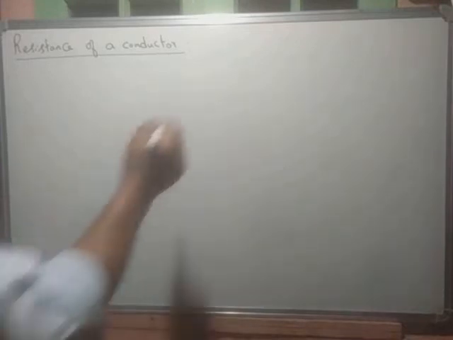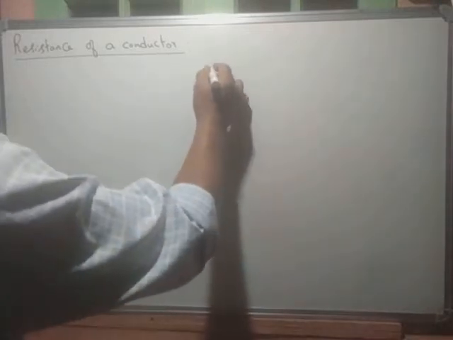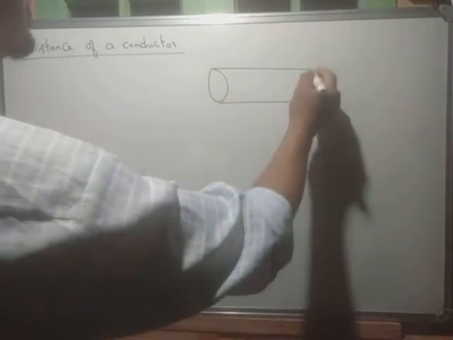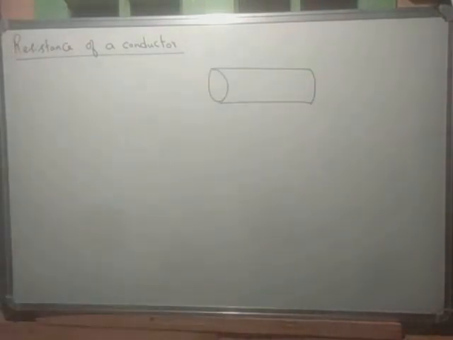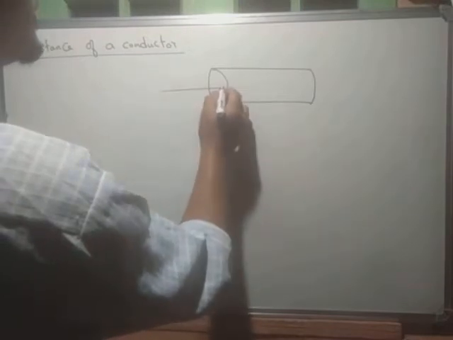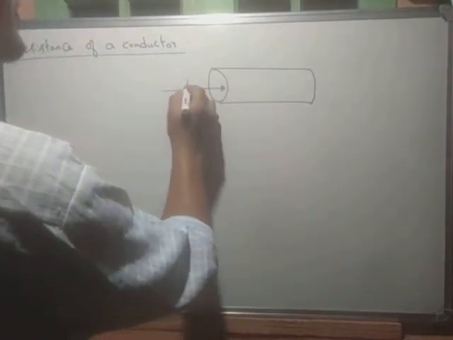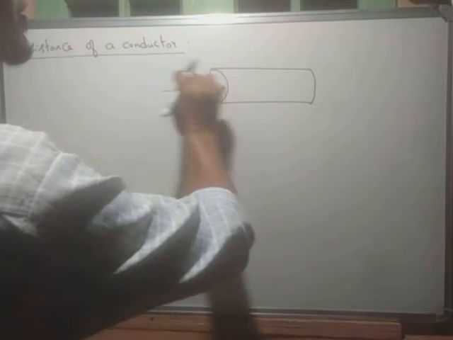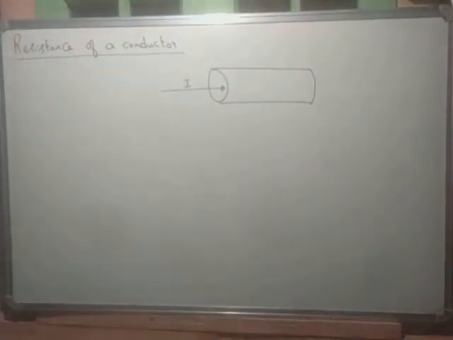This is a continuation from the video about Ohm's law, and here we shall see about resistance of a conductor. So if this is a conductor, and if a current is passing through this conductor in this direction, then